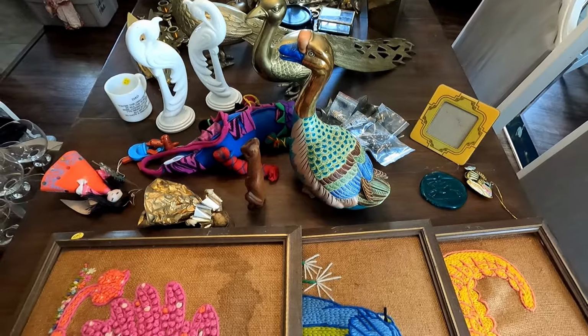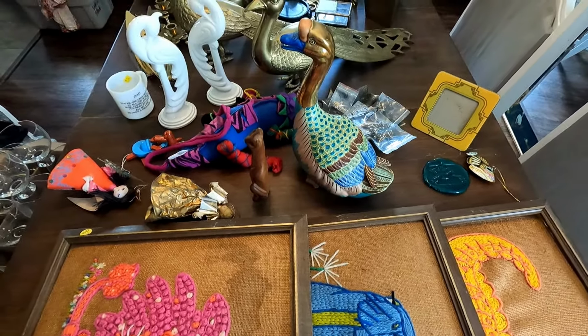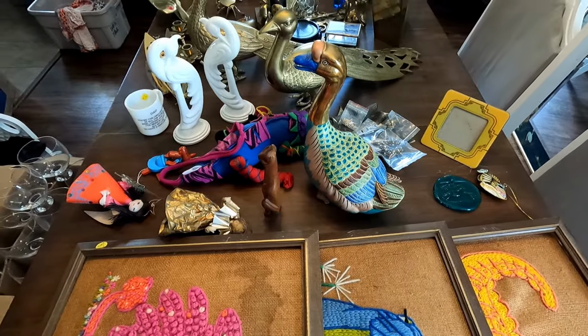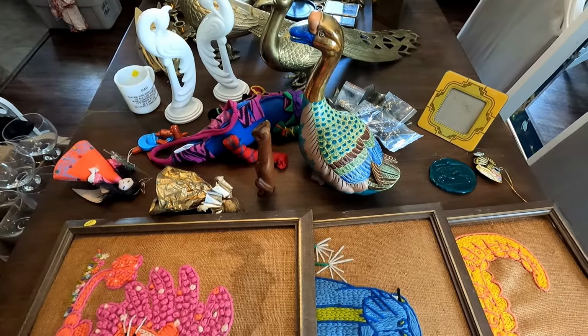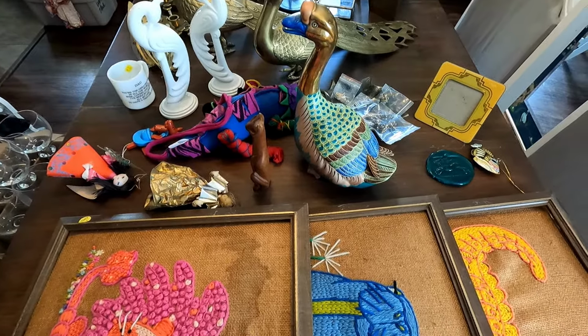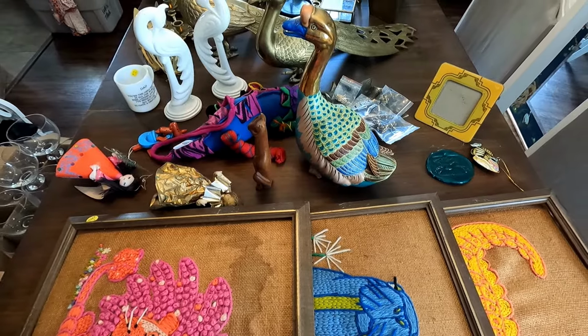All right, the other side of the table were all things that I bought at this gorgeous home in downtown Wilmington, right on Front Street, which is like the heart of downtown. They had some amazing antiques, gorgeous jewelry, just really, really nice things. I was very picky there because